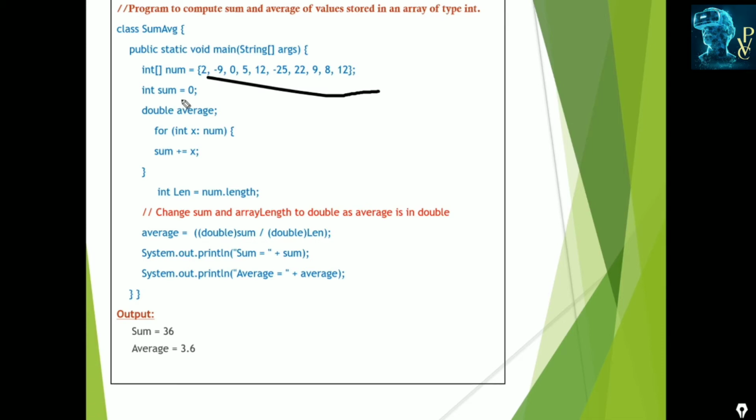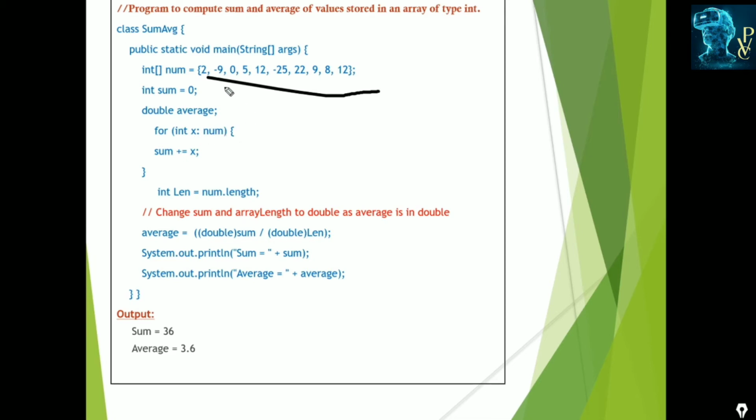First we initialize sum with 0, and the double average is the sum of numbers divided by the number of elements. For int x : num, this is the for each loop. In the for each loop, num is the array, which is accessing the array elements of num and assigning them to x.